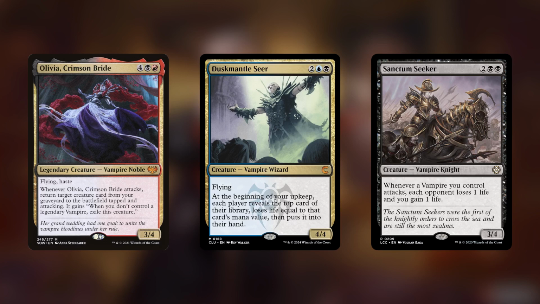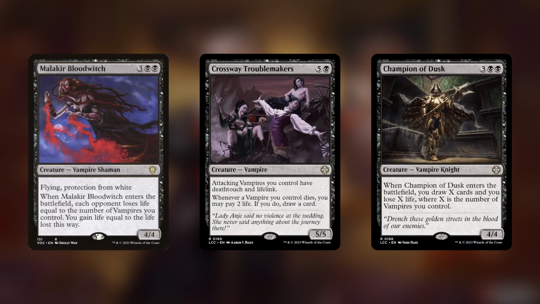Since a lot of our vampires will likely want to be attacking, Sanctum Seeker is an excellent card to get some more damage on our opponents while giving us life back, a perfect way to offset the life loss from Party Bob. Malakir Bloodwitch and Champion of Dusk are both excellent vampires that care about the number of vampires on the field when they enter,